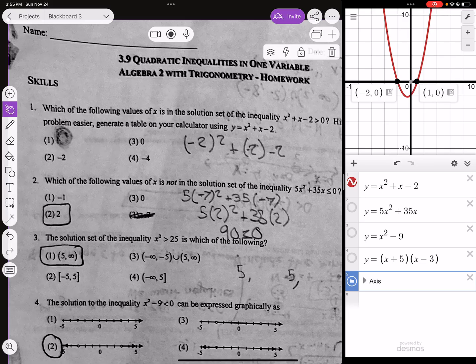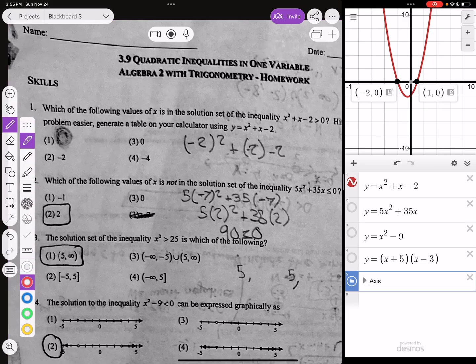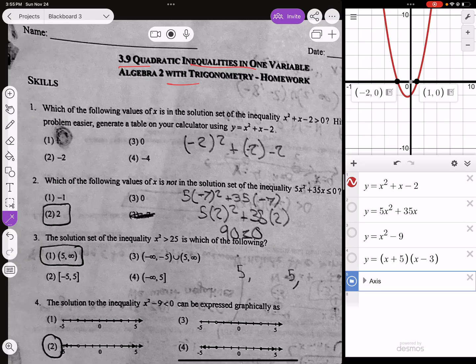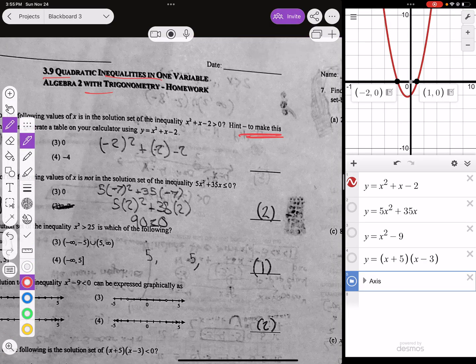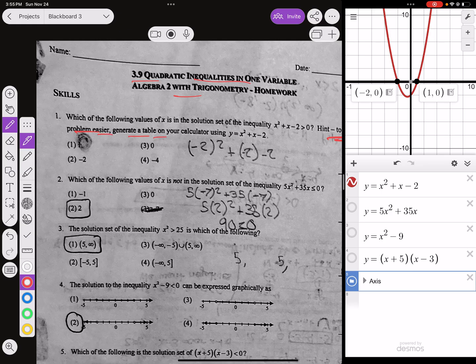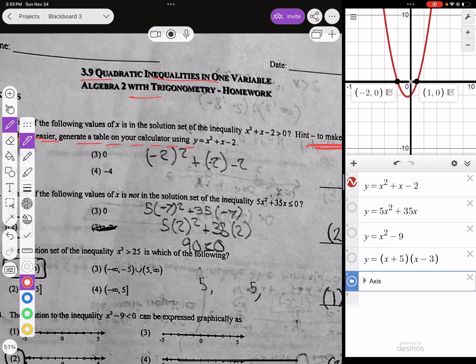All right, so here is 3.9, quadratic inequalities in one variable. I'm not sure which way your teacher is doing this, if he's using a lot of graphs like I have over here on my screen, or if you guys are making what we call sign graphs, essentially. The hint says, to make this problem easier, generate a table on your calculator using